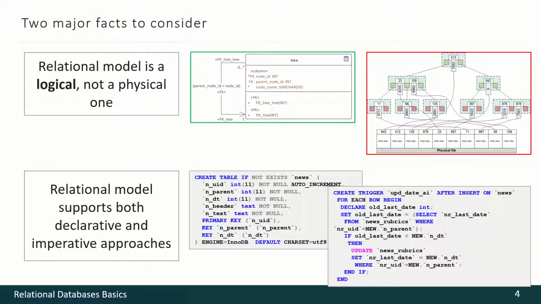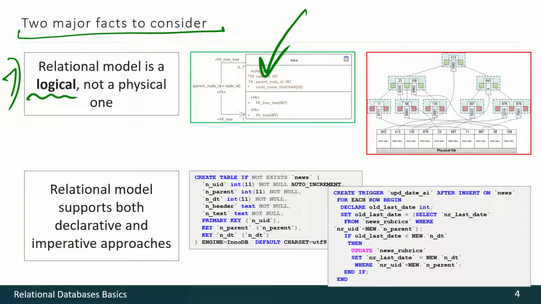We absolutely have to mention two major facts about the relational model. The first fact is that the relational model is logical. So we use some schema or we use SQL code, and we do not have to program the low-level data operations. All those low-level data operations are handled by the DBMS, and we only have to create some schema, some SQL code, so database development has become quicker and easier.